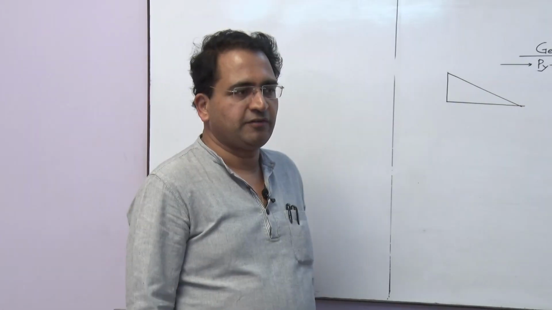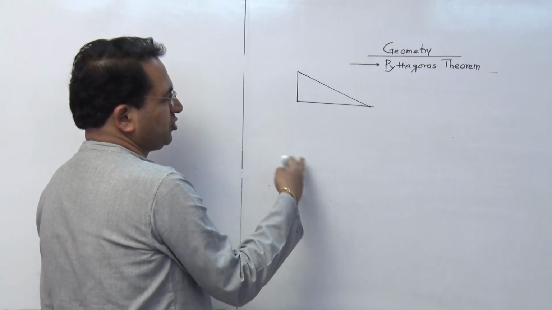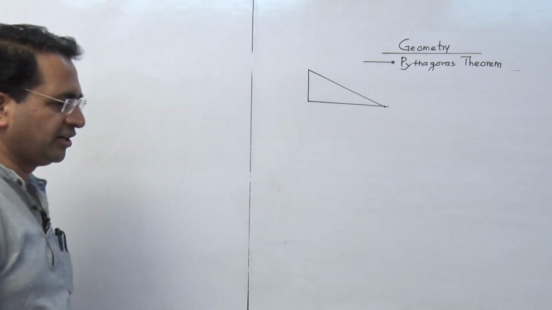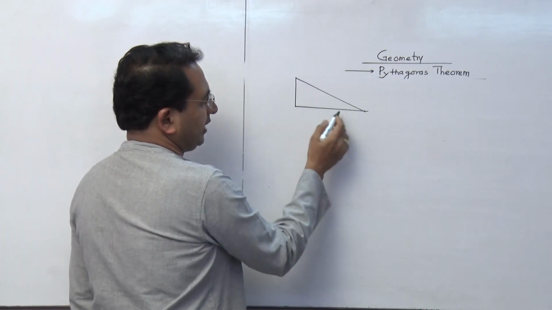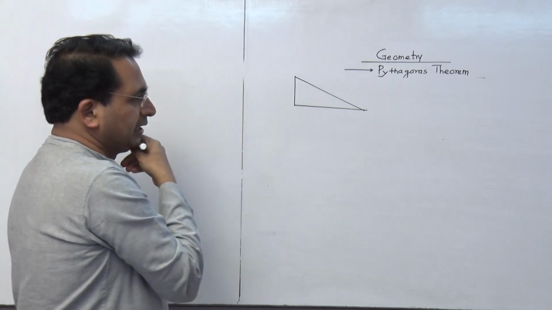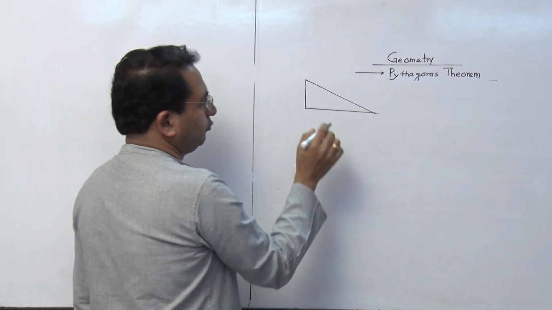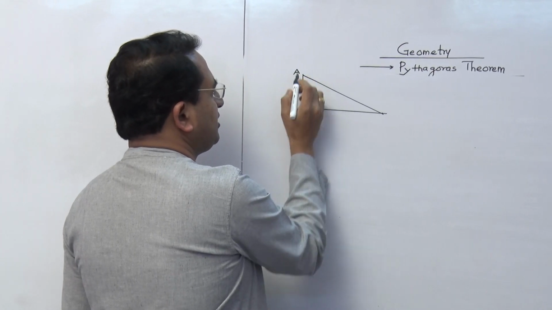We are going to start with the next session for Pythagoras theorem, slightly different sums which you have not come across in the textbook. Now, I have drawn one direct figure here, but in the exam you will not be getting this diagram. You have to draw it. I have drawn it for your reference. Now, what they are saying, in a right angle triangle ABC,